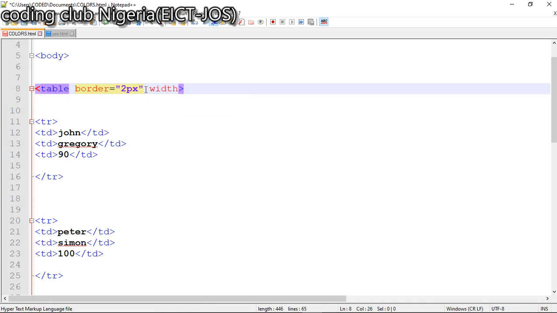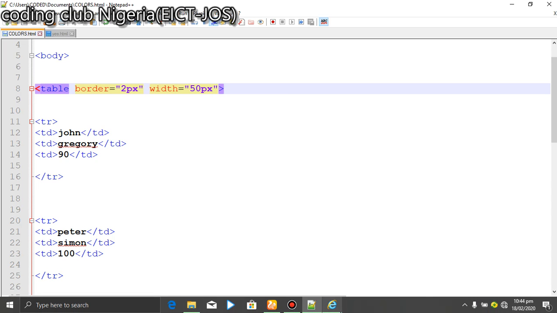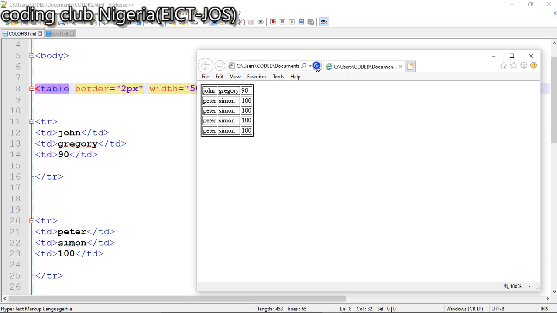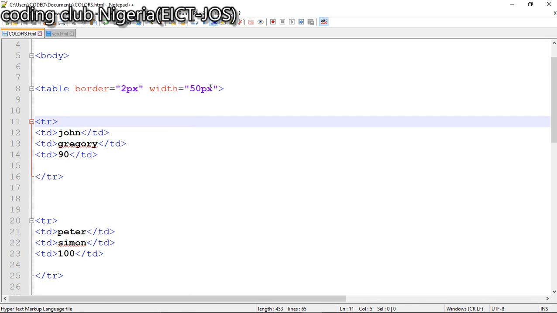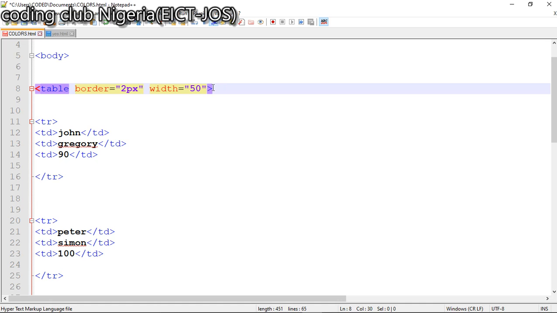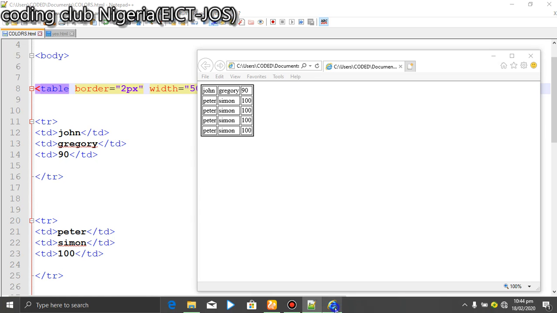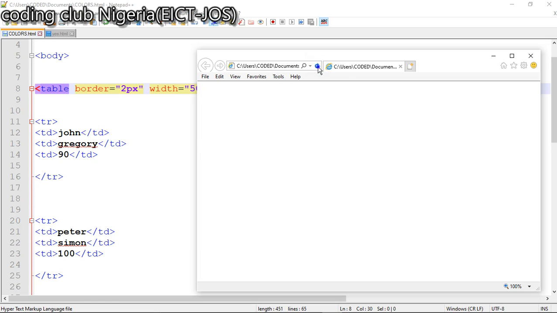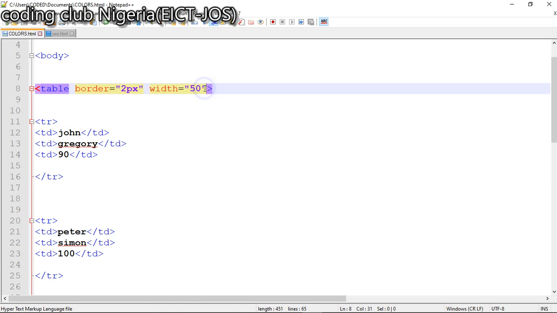So width, you can have this width to be maybe 50. Yeah, I can put 50 pixels. Then you refresh. Should work. Okay, nevertheless, we're going to work on this more with CSS also. But for now, I want you to understand that in HTML, tables are bounded by table row plus the